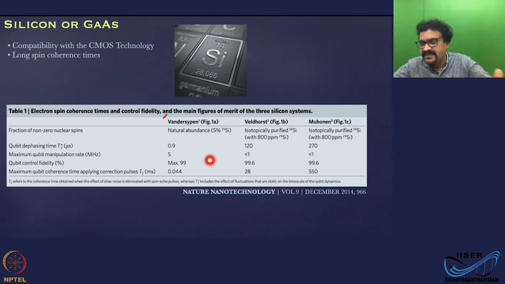It's a beautiful material system, such an easy system to work with, very clean, high mobility. It's such a beauty, there's no question on that. But it has one issue. That is, it has very short spin coherence time because of the nuclear spins present in the system. That slowly varying nuclear field is going to decohere